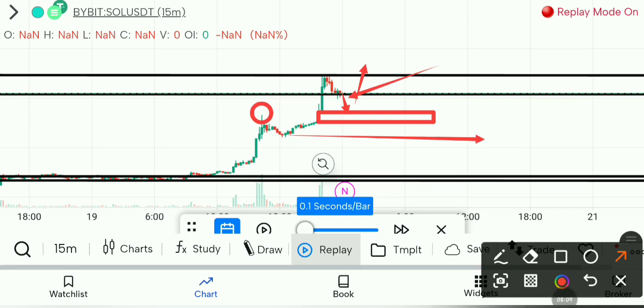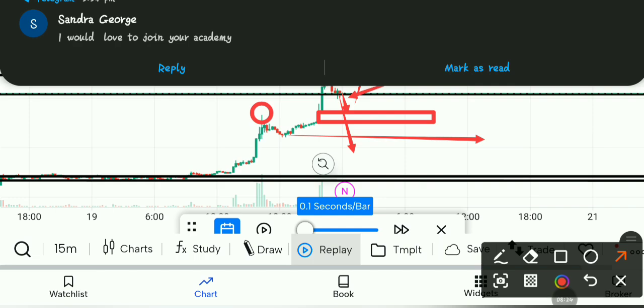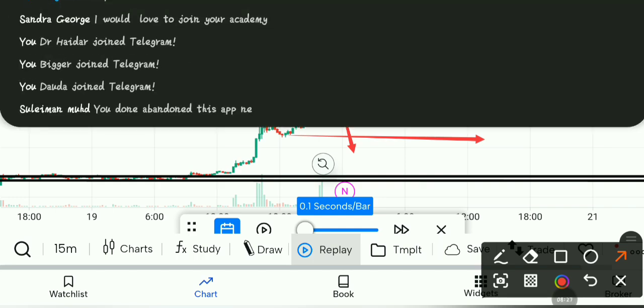That means that if the price breaks this previous lower high like this, higher low like this, it means there's a possible change of character in the market, and then the daily time frame is going to start printing red candlesticks and going down, down, down and down until it hits the previous